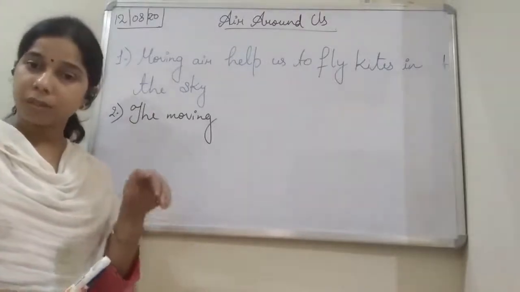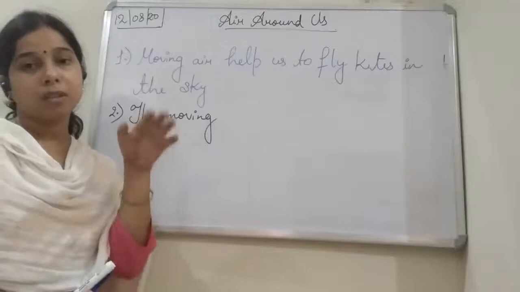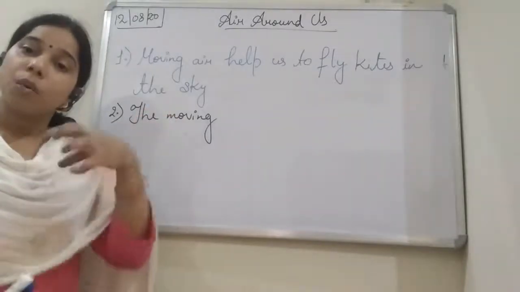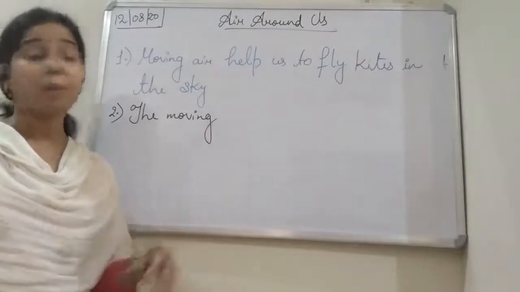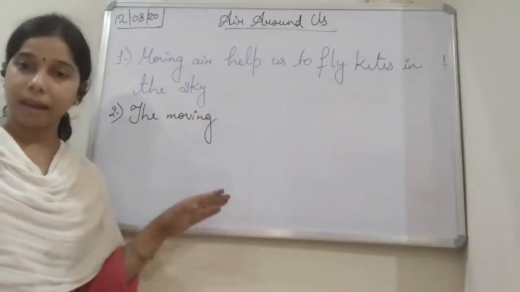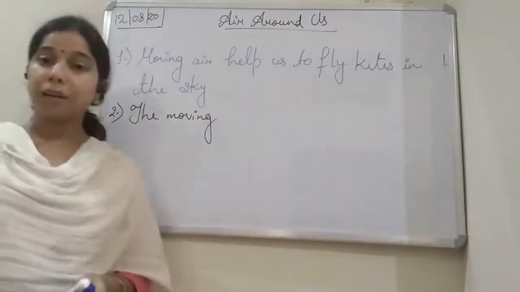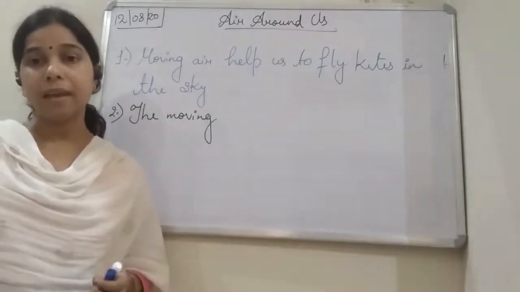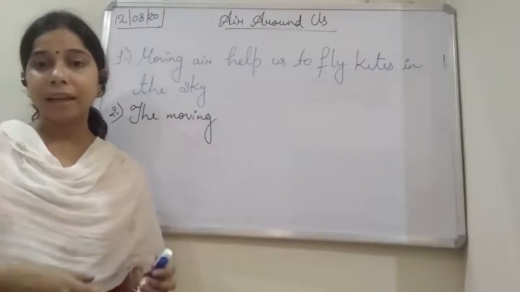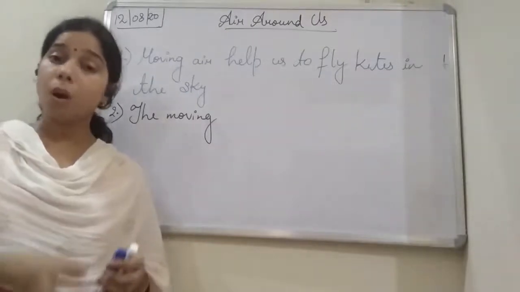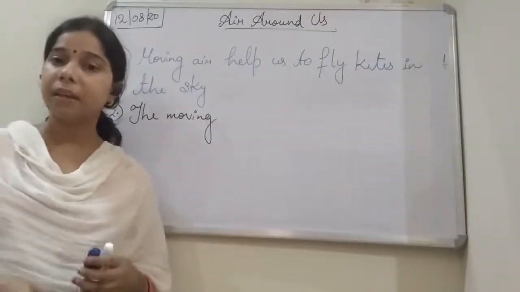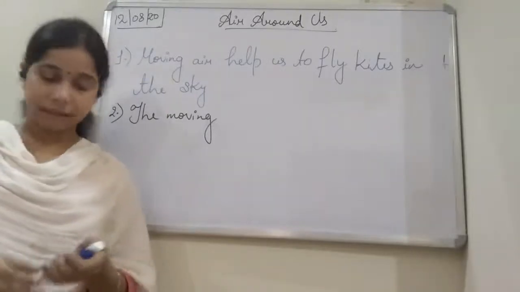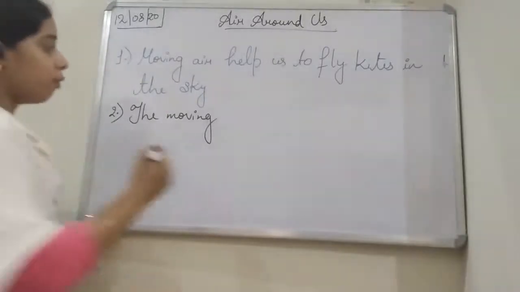Okay, or it falls down to the ground. Okay, so the husk moves away, it is blown away by the help of the moving air. So we can say that it is because of the wind, because of the moving air, that the process of winnowing is carried out, or it helps in separating the husk of the wheat from the grain. So we can write it, moving air